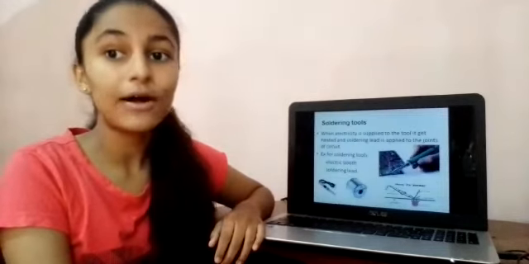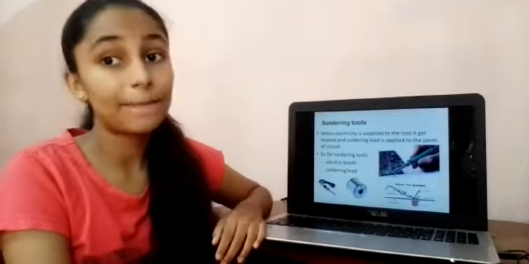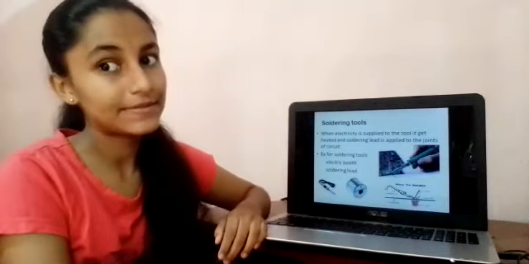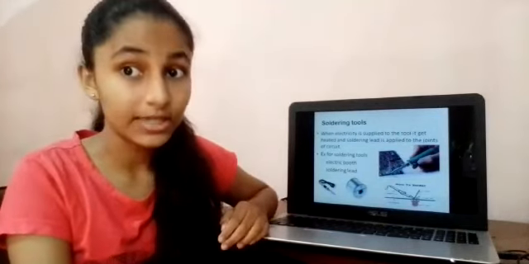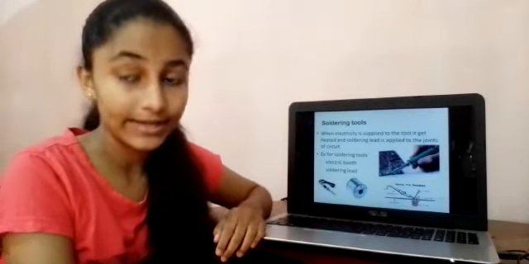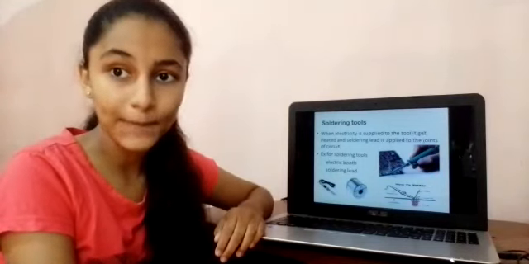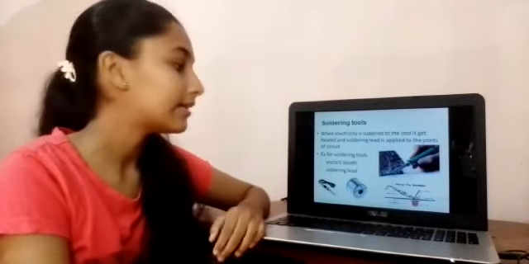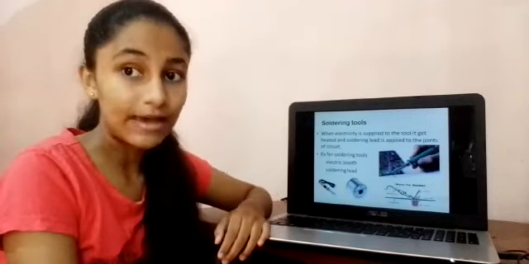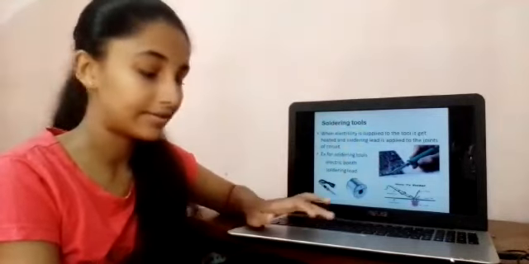Now I'm going to talk about soldering of tools. Soldering is a task that we should do very carefully. When electricity is applied to the electrical iron, the tip of the iron gets heated and it is applied to the soldering lead. Then the lead is melted. After that, the melted lead is applied to all the joints of the circuit. Soldering tools are the electrical iron and soldering lead. You can see there is a diagram of soldering.